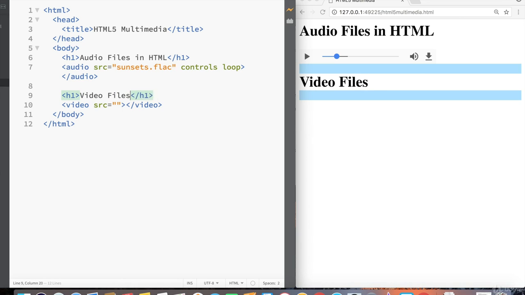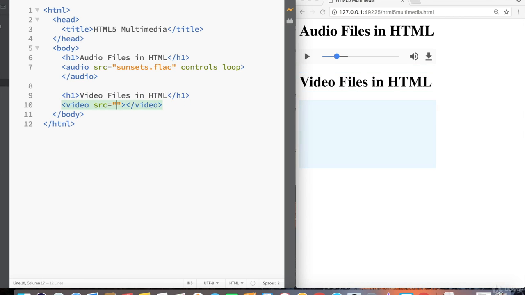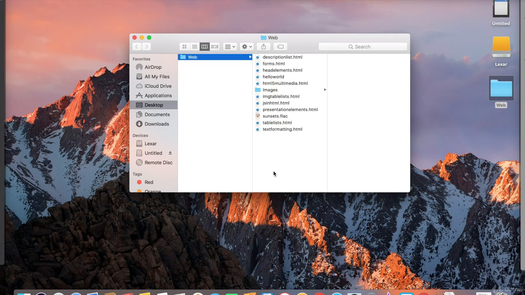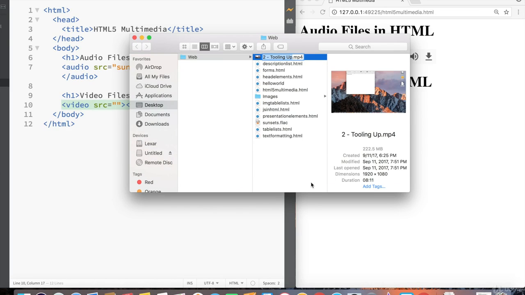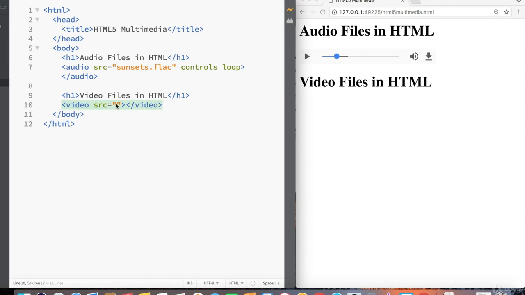Video files in HTML. And this is going to get really meta because I'm actually going to include one of my video lessons as the source file for this video tag. So in our web folder, I've specified the tooling up video. And just like before, I'm going to rename this video slightly so that it's easier to reference and call it tooling_up. Now back in our HTML file, I'm going to reference this video as the source,